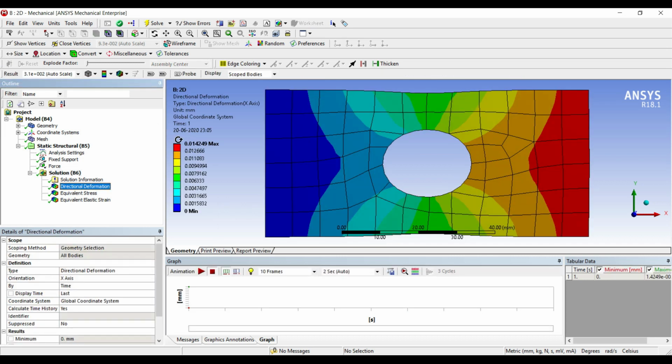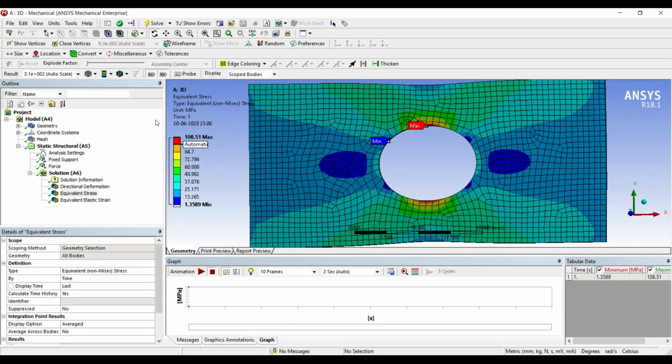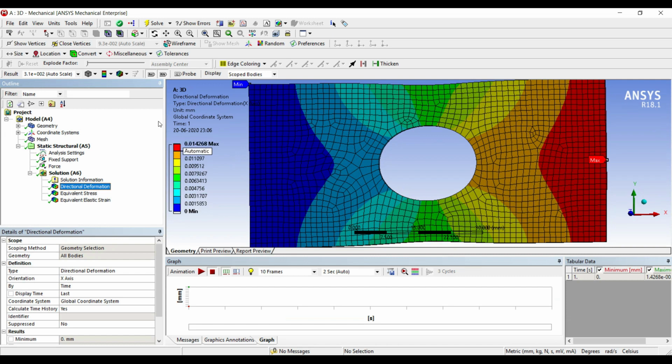Now I'll just cross check the two values which I have obtained in 2D and 3D. If you ever get confused, you can just see here. At the top it is written always 2D, and here also in the analysis it is written as 2D. So it is mentioned very clearly. In case in shifting between the two screens, if you get confused, check here. So for 2D, the deformation value is 0.0142. For 3D, the value is 0.0142. At least 3 to 4 decimal places you need to check. After that, the value may change.